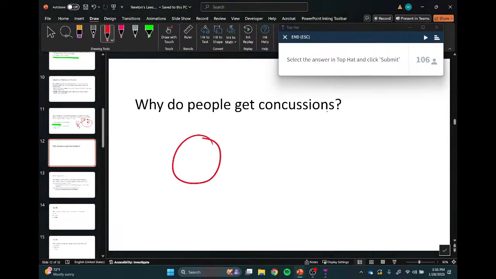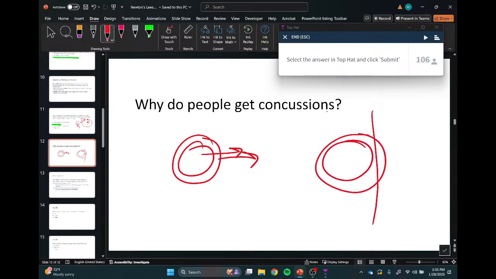You've got someone, there they are, and there's their brain. They are moving, so their brain is moving. And then they hit something, like a wall. Their head is no longer moving, which has its own consequences for the skull. But the brain is still moving and will therefore run into the inside of the skull, and the inside of the skull stops it. I guess there's a little bit of fluid in there, which provides some cushioning, and also the brain can just withstand some amount of getting hit by stuff. But yeah, your brain is effectively running into the inside of your own skull because of Newton's first law.